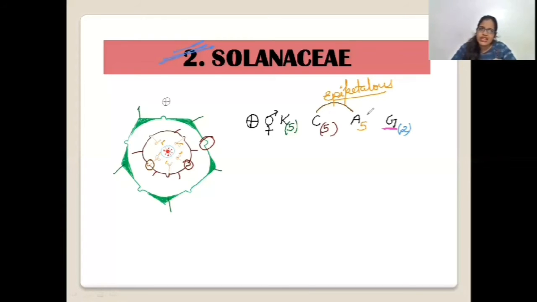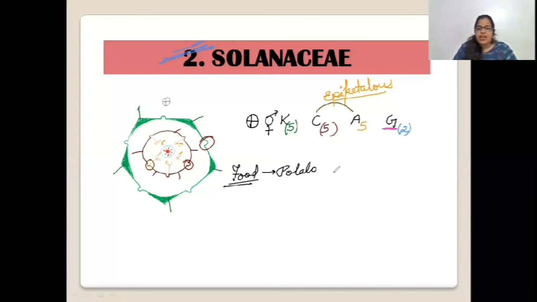Now let's first see the examples of the Solanaceae family here itself. Then only we'll move to see the important pictures given in your book. So, for the Solanaceae family, the first one we have got is the food. Means as food, the edible things we have got are potato, everyone's favorite. Then we have tomato. Then the last one, that is brinjal. So these three things we usually eat. They are common to our lives, easy to remember.